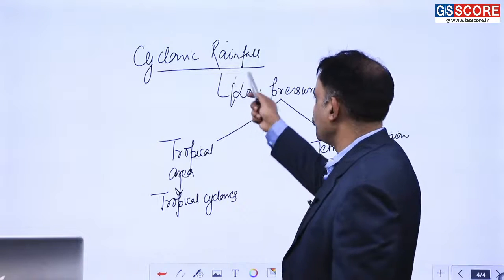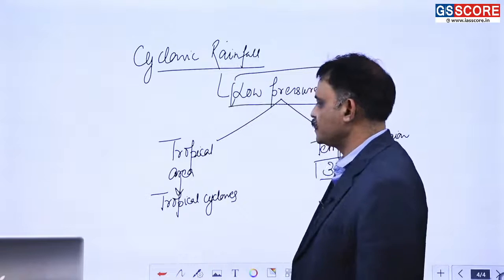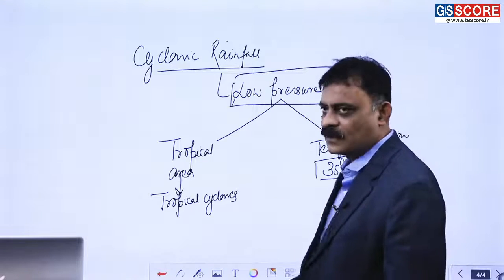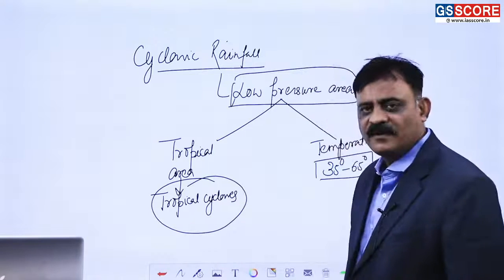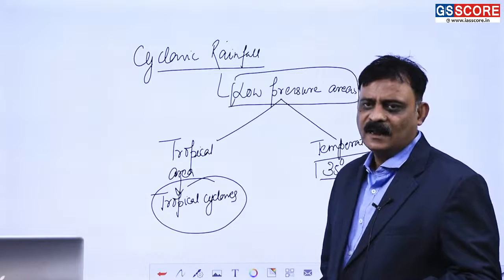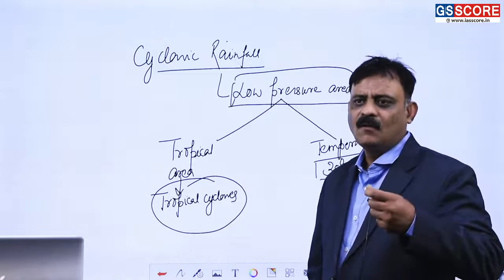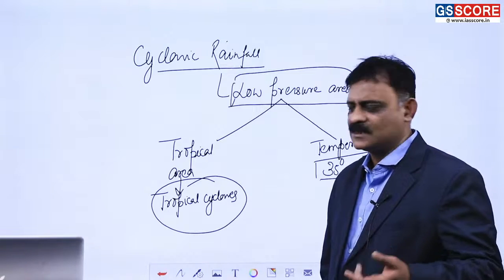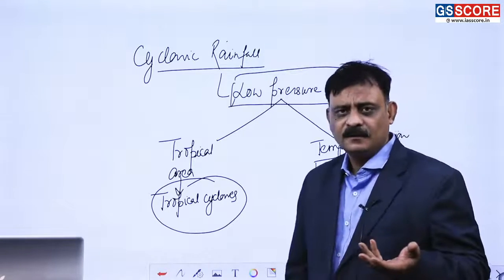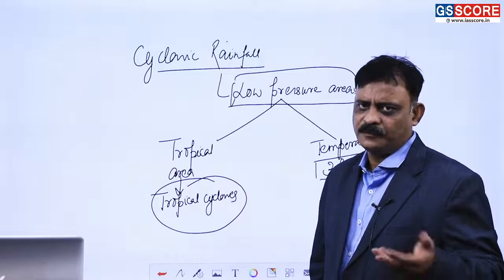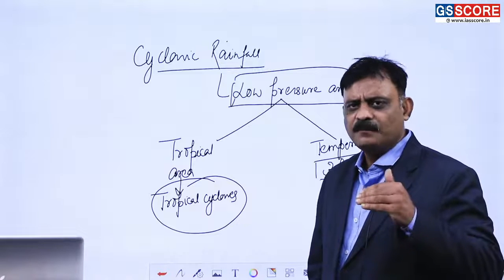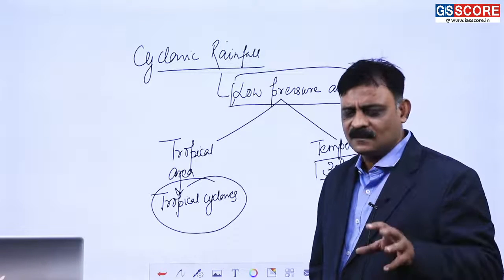Cyclones are low pressure areas, and generally you find low pressure areas taking place in two parts of the globe. One is in a tropical area, and I hope you are aware of the tropical area. You can take the extent of the tropical area as between 0 degree to 32 degree north and south latitude. That is going to be the extension, but principally, if we look theoretically,